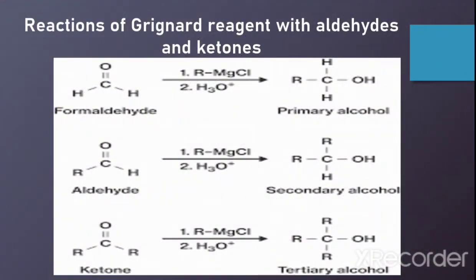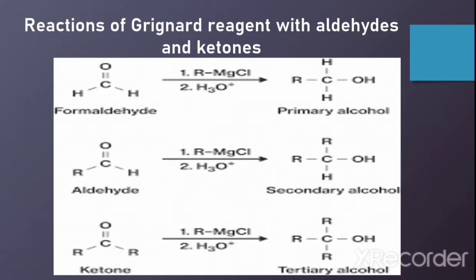And next we see the reactions of Grignard reagent with aldehydes and ketones. Firstly, in the first reaction, we have formaldehyde, that is an aldehyde, and it reacts with the Grignard reagent. We need some proton to react with it, and we take a hydronium ion, that is H3O positive ion, which is formed when a water molecule reacts with a proton, and it will form a primary alcohol,